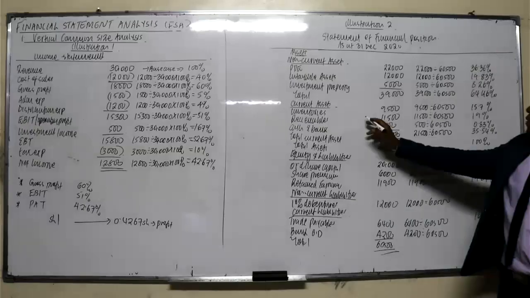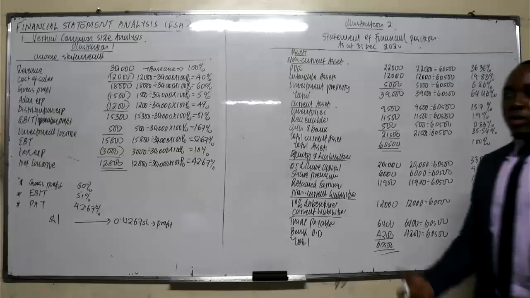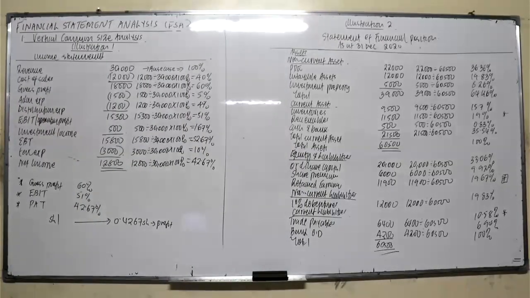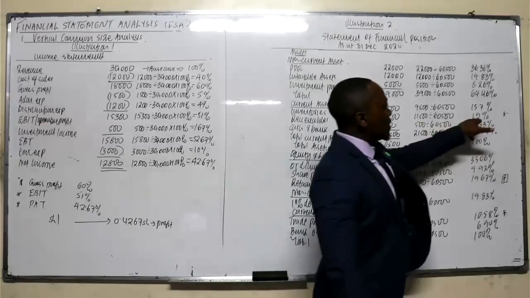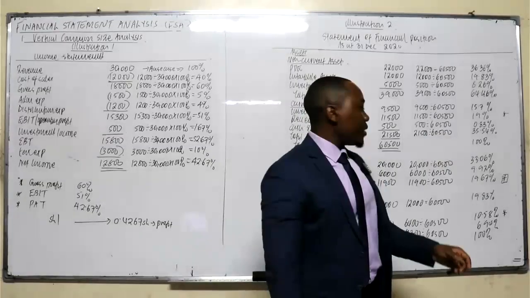Now, trade payable and receivable: 19%, payable 10.58%. What does it imply? You know what gives rise to receivable, right? Credit sales. What about the payable? Credit purchases. We have not done that yet; it's going to be done by those taking financial management. Of our sales on credit, it represents 19%. What about the payable? We are supposed to pay the supplier. We owe the supplier